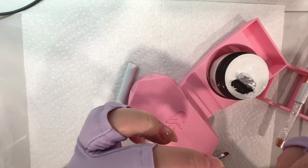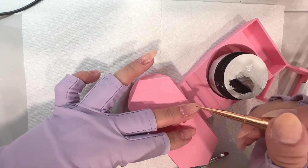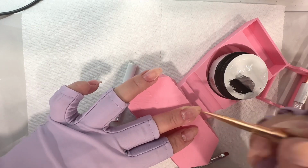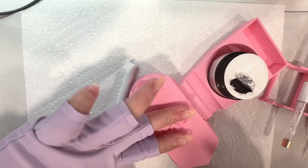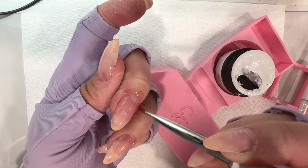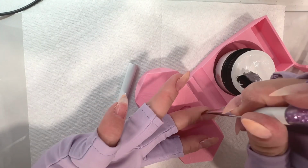I don't show it in the video because my lamp is off to the side, but I flash cure each nail for 10 to 15 seconds before moving to the next one. Doing that ensures that your builder gel is not going to move around. You just did all that work to get your builder gel to the right place that you want, and then you want to flash cure it before moving on to the next nail, and then you'll fully cure your nails